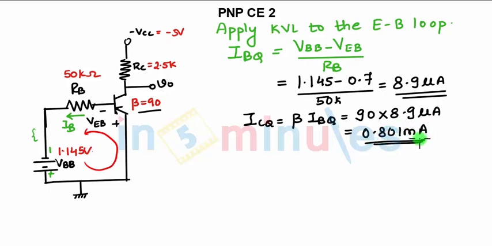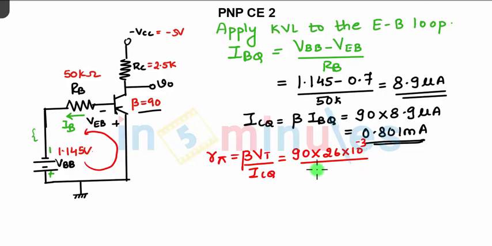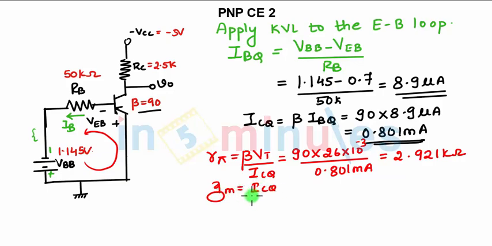Once you know ICQ, you can find the parameters. R pi is nothing but beta VT upon ICQ. Beta is 90, VT we always take as constant 26 millivolts, whole divided by ICQ 0.801 milliampere. So this will give you R pi as 2.921 kilo ohms. Once you know R pi, can find GM. Equation for GM is ICQ divided by VT. ICQ you know, VT you know. We can find GM as